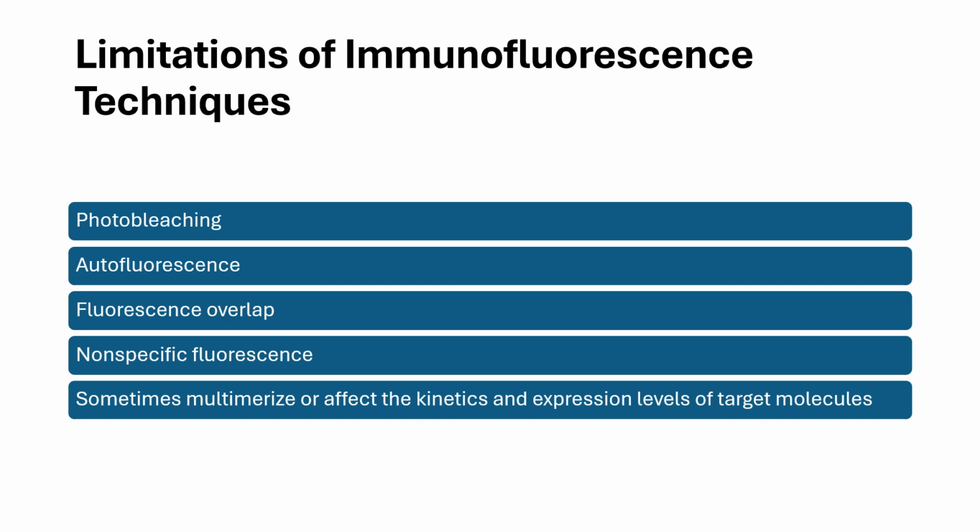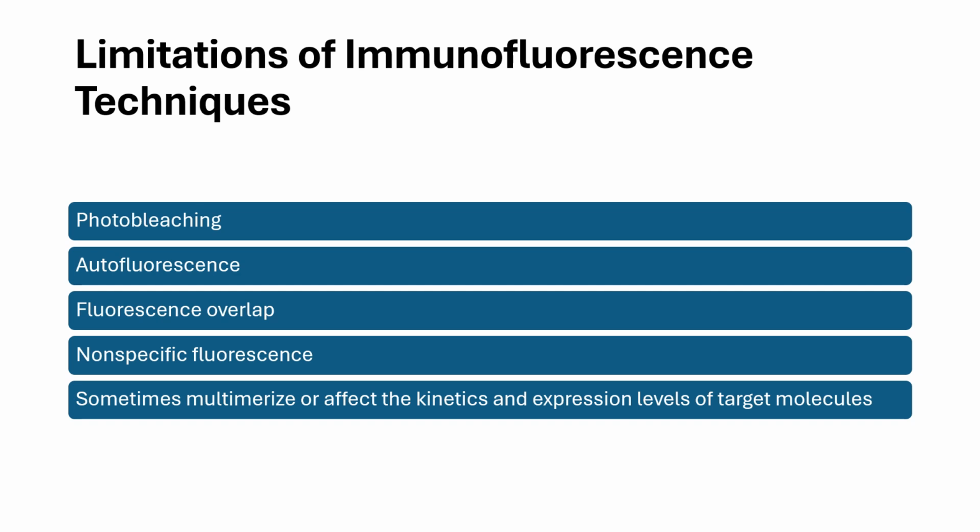Limitations of immunofluorescence techniques. 1. Photobleaching. This is the permanent loss of a fluorophore's ability to emit light upon exposure. During immunofluorescence, the high-intensity light used for visualization can damage the fluorescent molecules, fluorophores, attached to the antibodies. This leads to a decrease in signal intensity over time, making it difficult to observe the target antigen clearly, especially